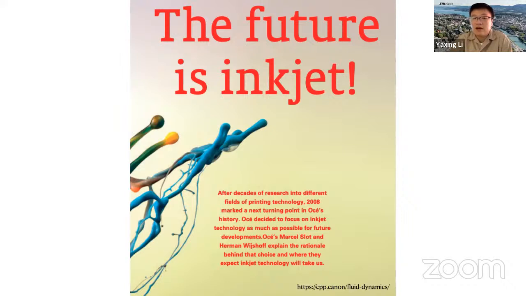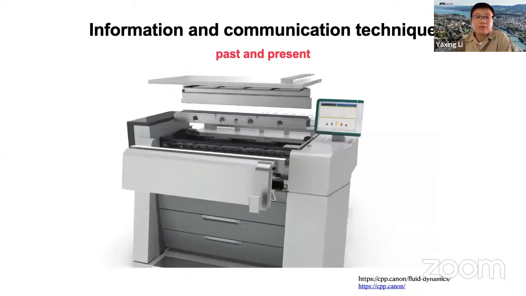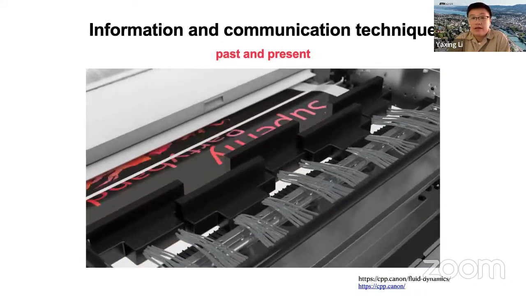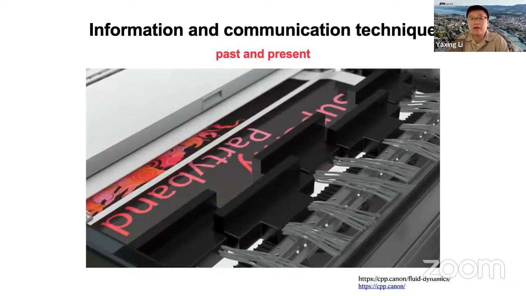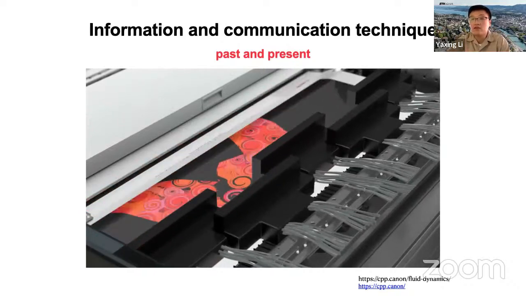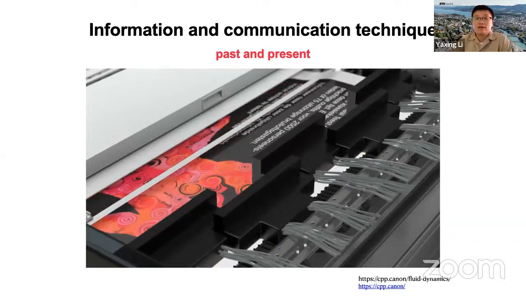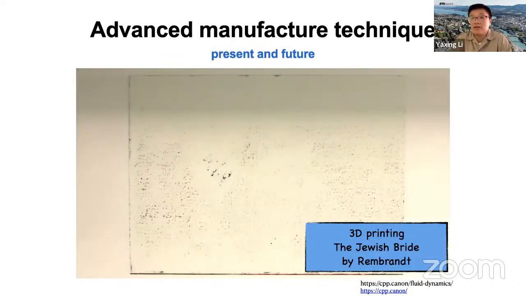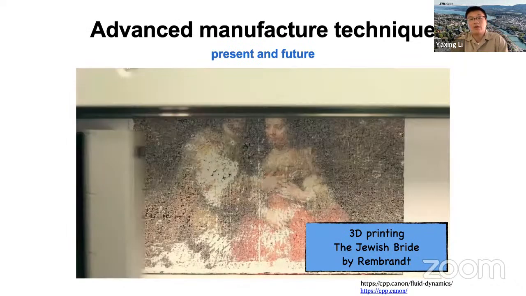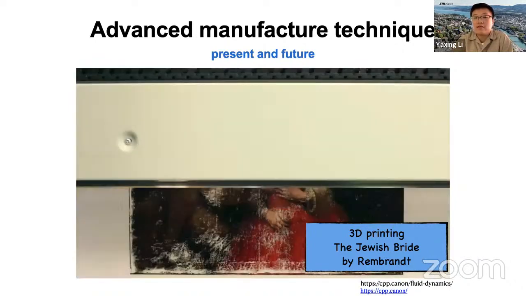For example, OSA already decided to focus on inkjet technology as much as possible for the future, because they think inkjet printing is the future. Why is that? I'm gonna show you. So in the past, inkjet printing was just a technique for information and communication. You can basically print on newspaper, on poster, on booklet. But nowadays, with the development of inkjet printing, we can already use this as an advanced manufacture